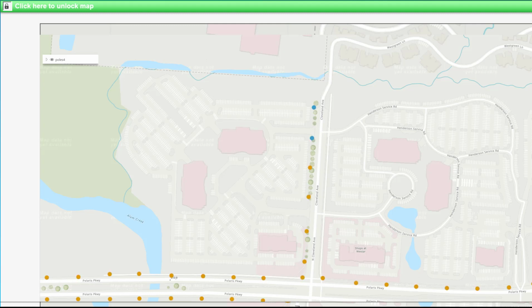I can see these first 2 blue dots on the northern area of my map here are inspections that have been completed. That third pole that I'm currently inspecting off screen right now represents this orange dot. As I click Submit, we'll see it turn from orange to blue, letting me know that this asset has been